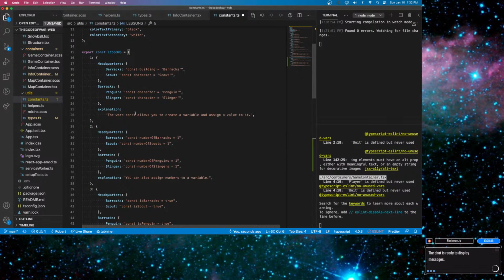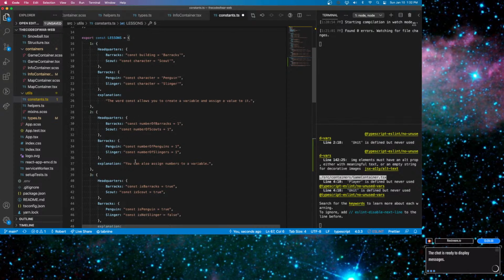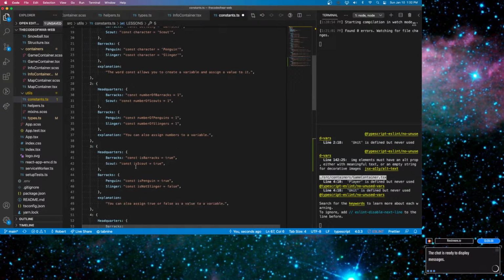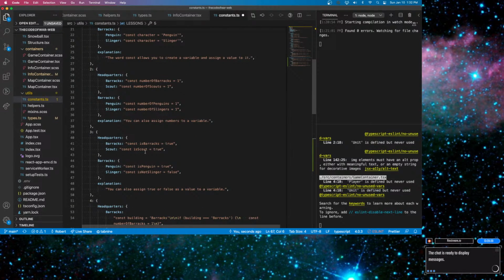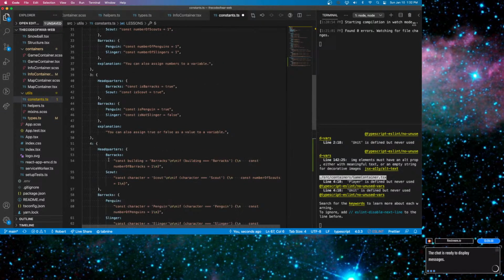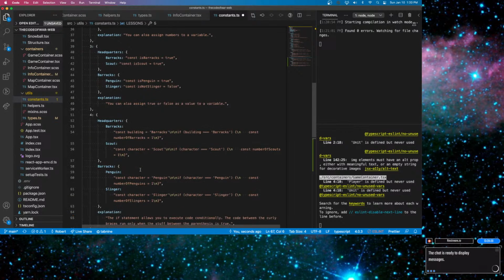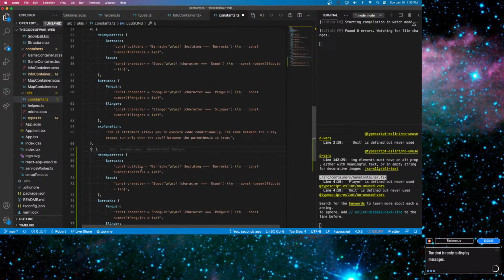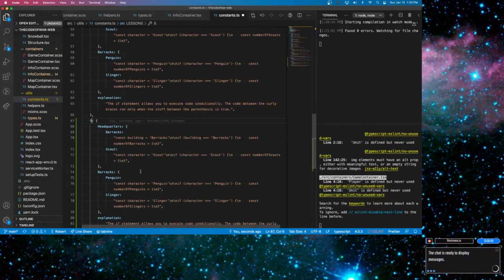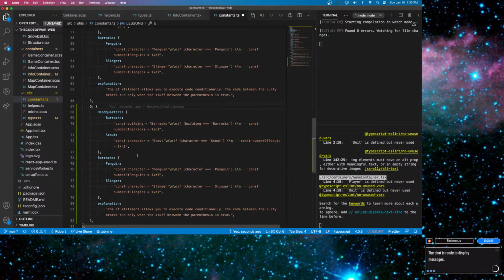Well, let's first go over what was 1. Const. So we're just explaining const. In lesson 2, we're saying you can assign numbers in addition to strings. In 3, we're saying you can assign booleans. So for 4, I think I might want to explain let, because in 5, we